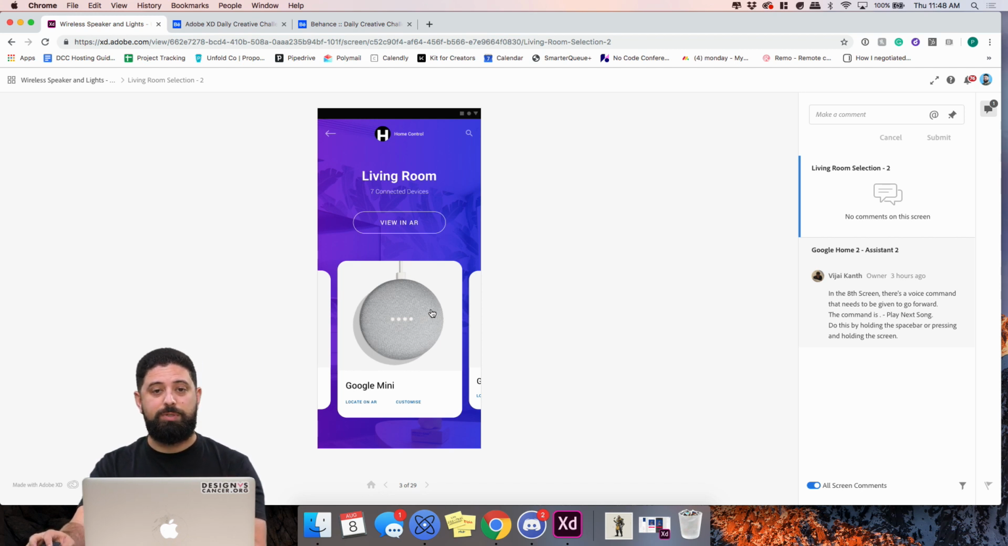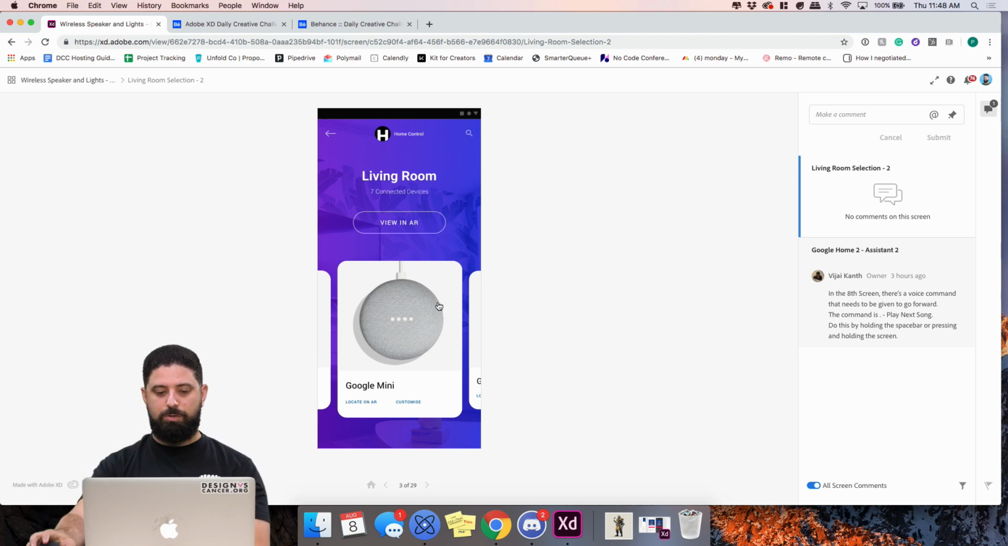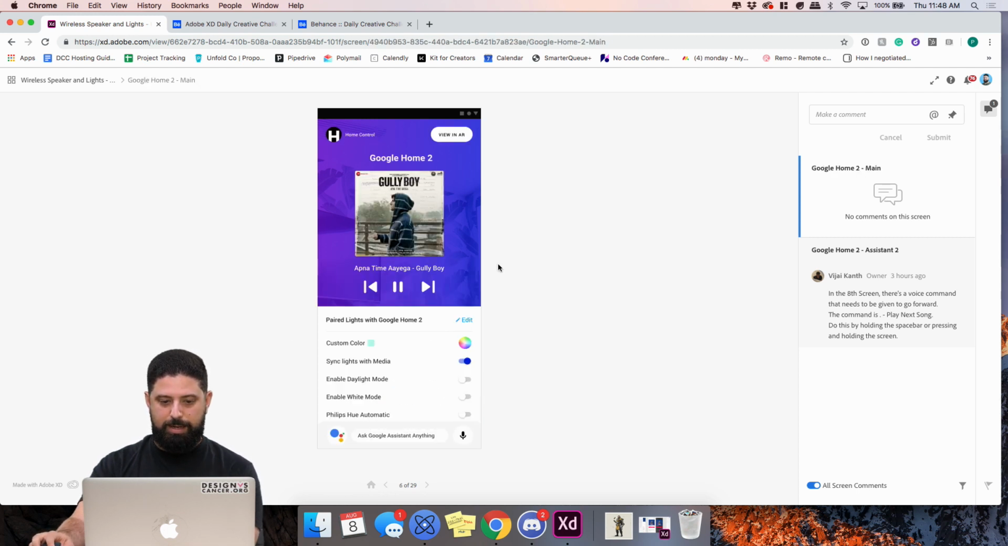Again, this is also using Auto Animate. So what they're doing is they're setting up these cards on each side a little bit smaller, and then it grows in the middle so that as it drags over, it's scaling up just a tad, and we're able to go through and carousel this. And I can come in here, check out what's playing on that device. It looks like I can edit the name. I can change the color. I can sync lights with media, which was one of the things that really stood out to me about